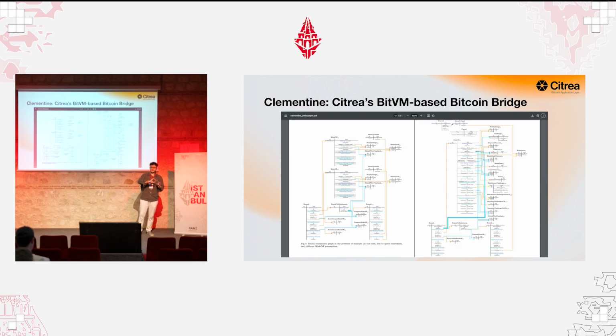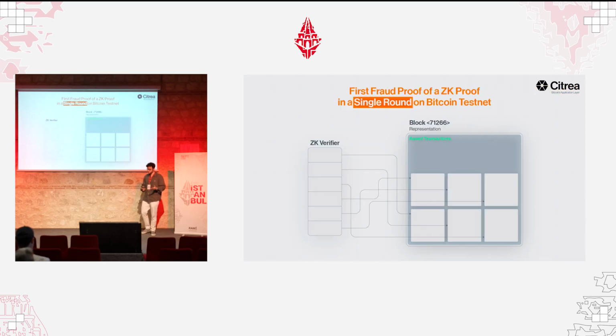You create such a transaction graph, such a line of transactions, that nobody can really cheat. Everybody has to act in a certain way. All of the possible ways things can go are signed beforehand. And that plus BitVM to disprove and challenge people gives you a much more secure Bitcoin bridge than anything we've seen before. This construction takes in a Citrea-like client proof to actually resolve those disputes. And that's how you get Bitcoin to verify Citrea.